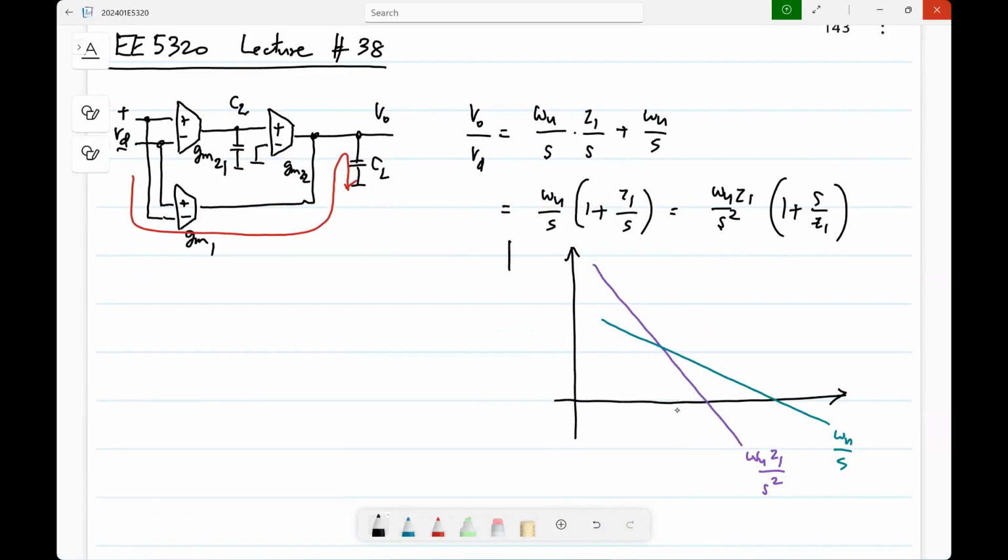So we are now of course talking about the magnitude of V naught by Vd. Okay. So this will be omega u by definition, right? That is that term alone. So the composite response would be